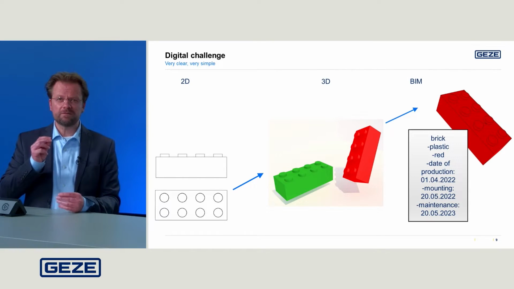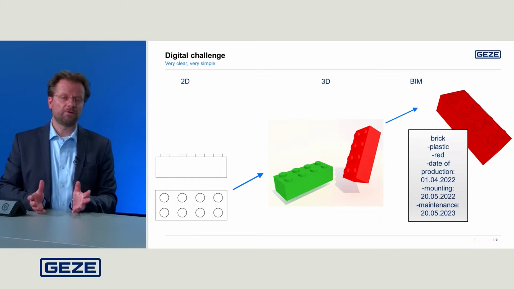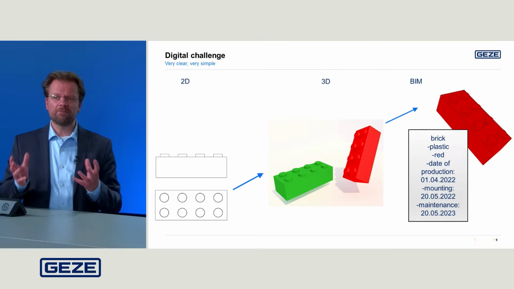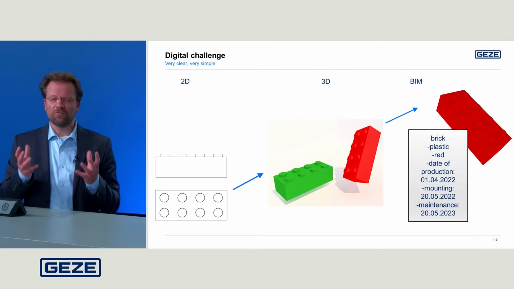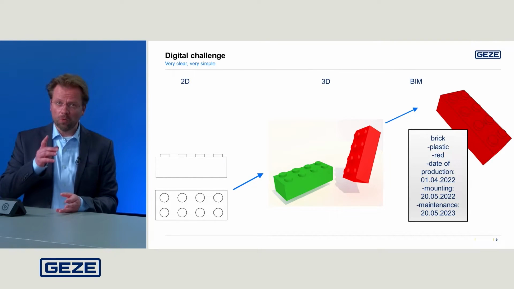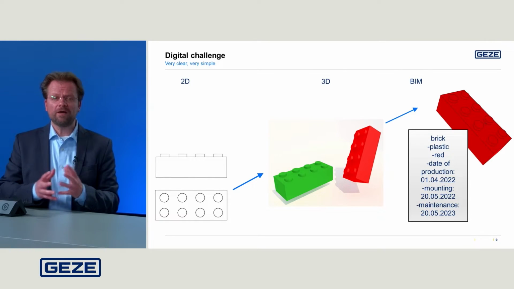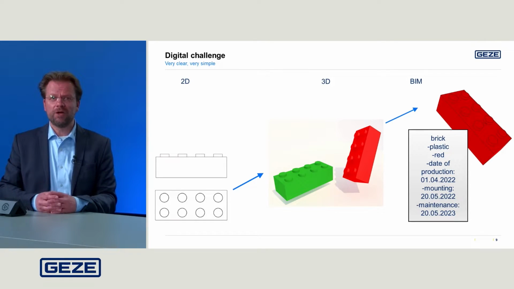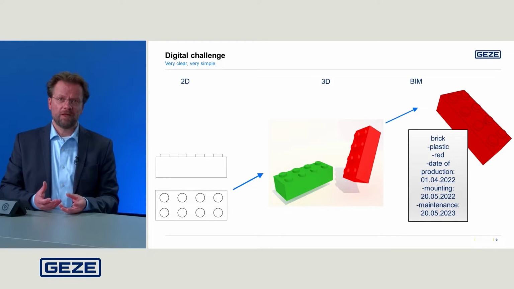And with this small picture in mind, BIM is very simple. Because in a way, the model we are creating as an architect is packed with information. And you and we are the persons in charge who fill in this information.